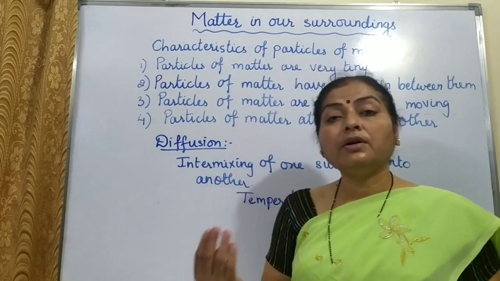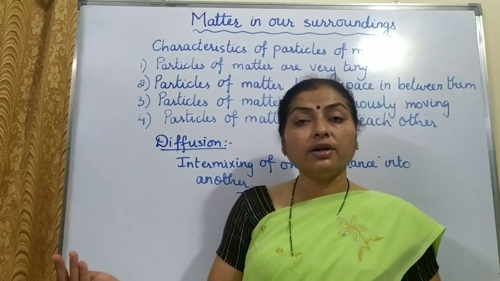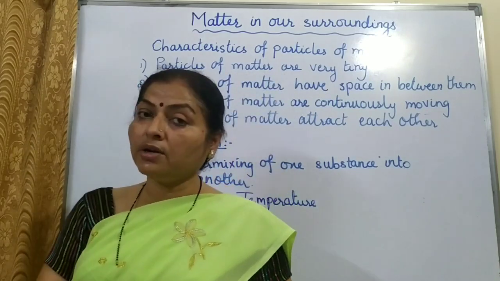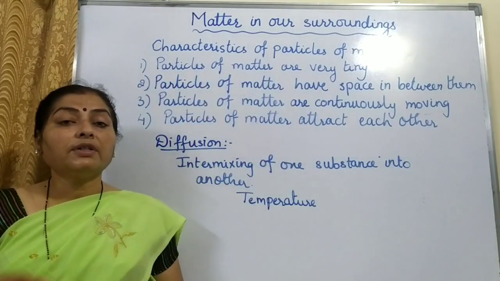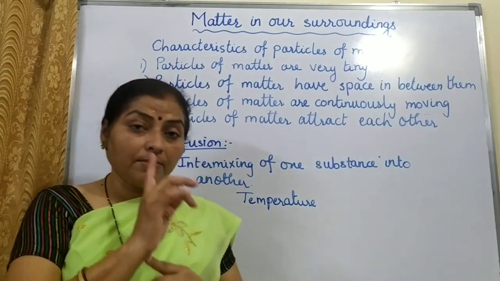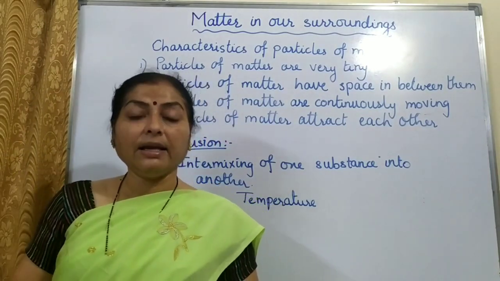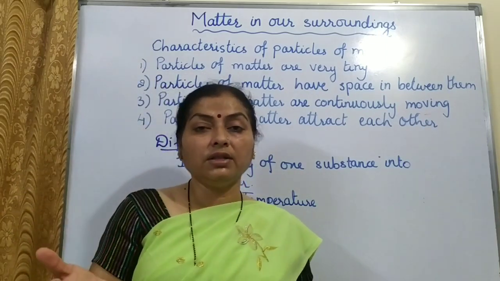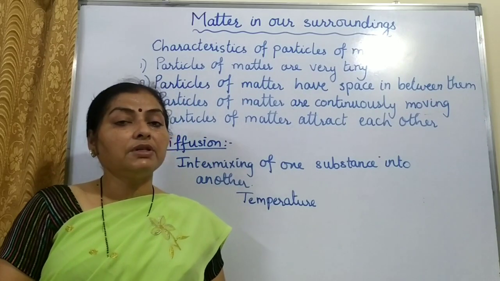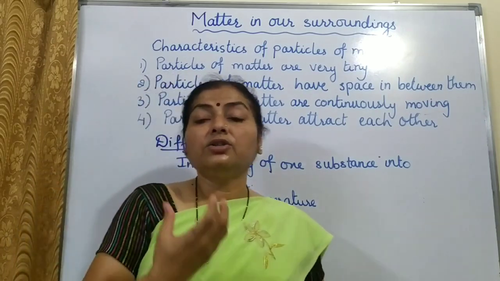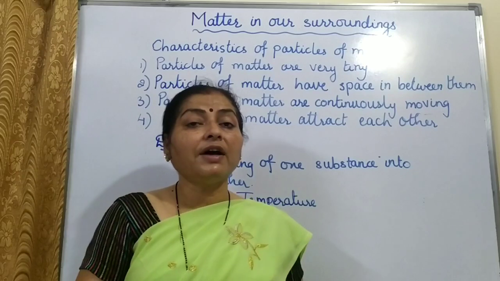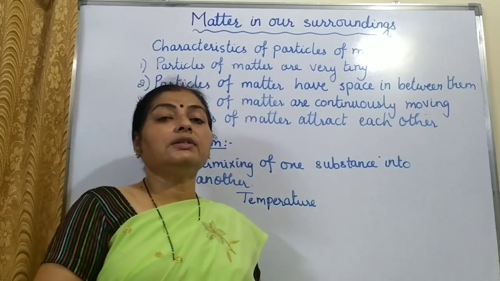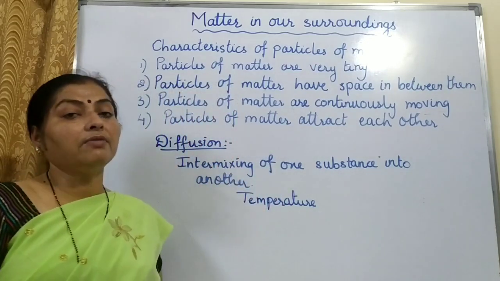For example, if we burn an incense stick and keep it in one corner of the room, we can get the fragrance even in the other room or in the other corner of the room. So what is the reason for that? If the incense stick, that is agarbatti, is not lit, then its smell will not easily get into the other room. But if it is lit and kept, then it has started burning, children. So on burning, its vapor will travel faster into the other corner of the room. Why? Because the kinetic energy increases with temperature, and so diffusion will become faster.